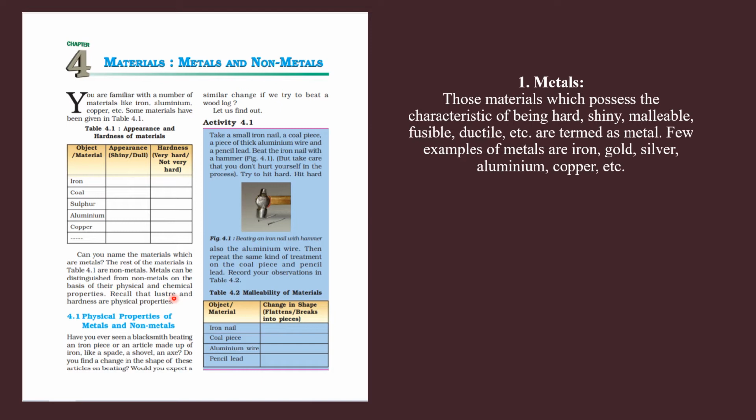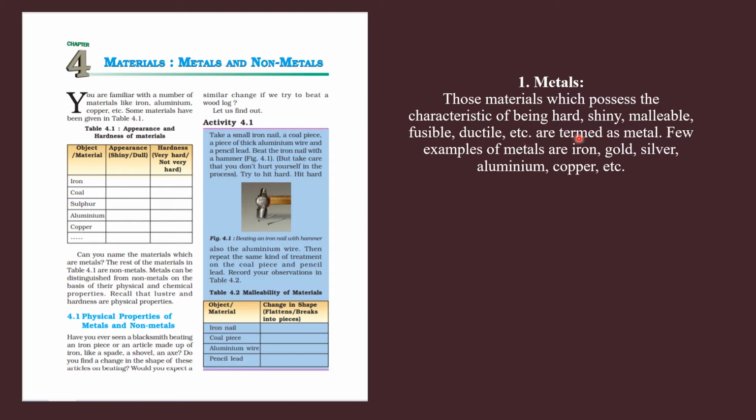We can differentiate between metals and non-metals on the basis of their properties, their chemical properties and their physical properties. In this chapter, we will discuss those properties so that it is easier for us to distinguish between metals and non-metals. First of all, when we discuss the metals, they possess the